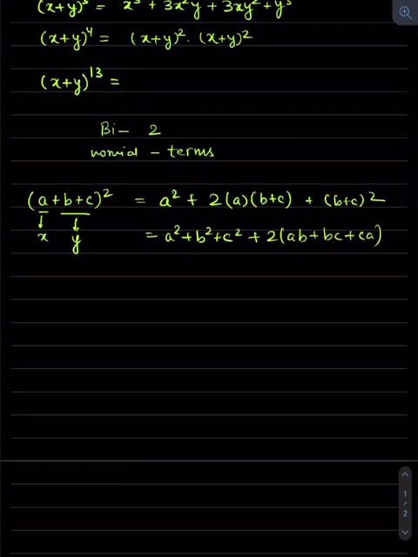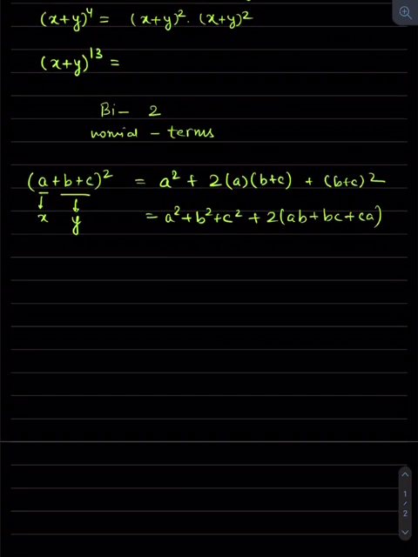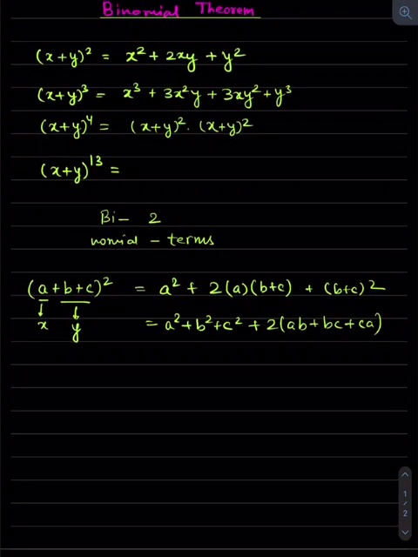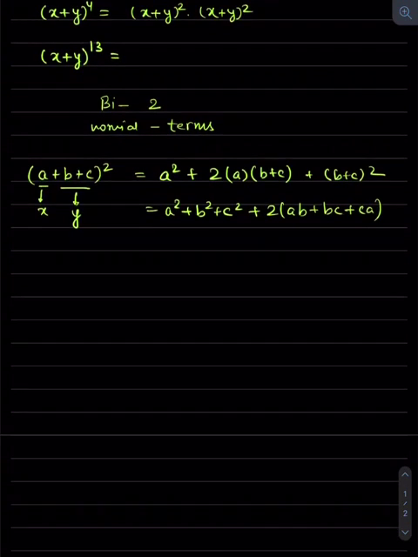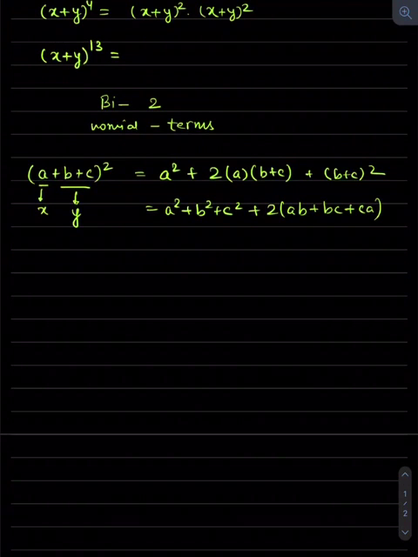Okay, fine. So what was my point, that if there are three terms, then also we can convert it into binomial by considering two terms as one parameter, and then we can expand it. But these three terms are called trinomial. Okay, and for that we have multinomial theorem also, that also we are going to discuss. So before we go into this particular theorem, we will understand some notations.